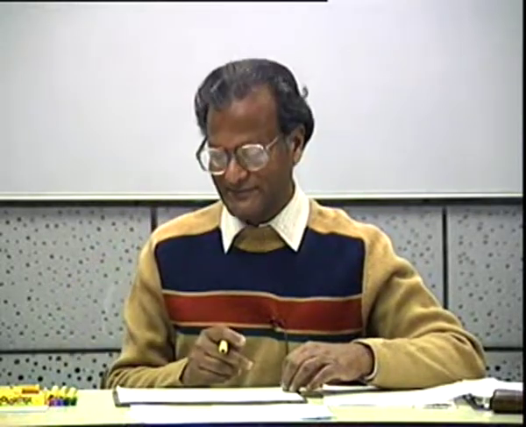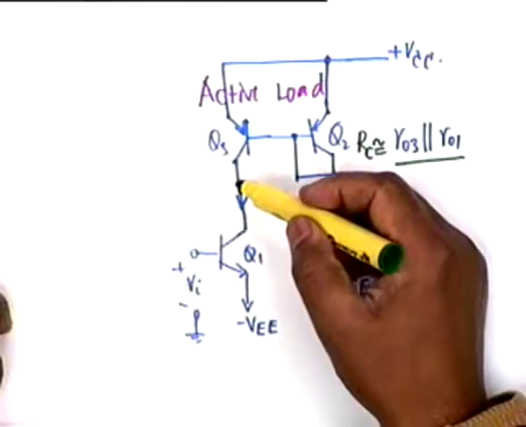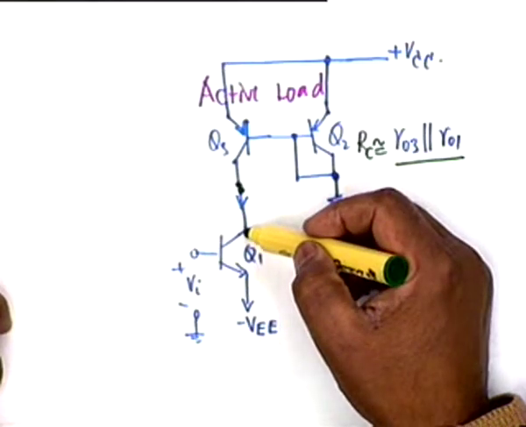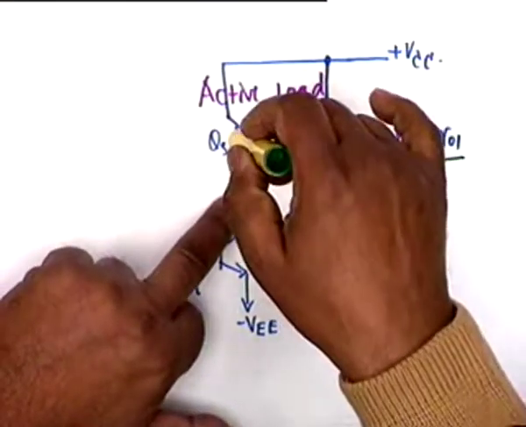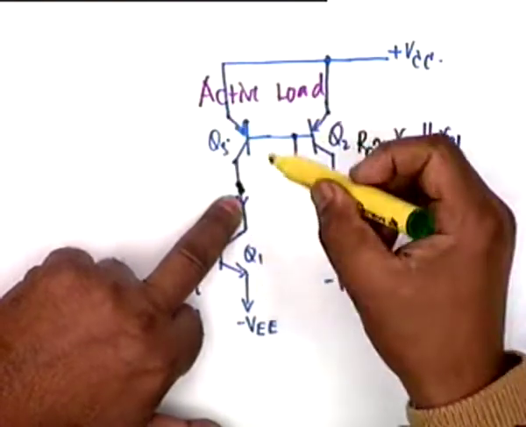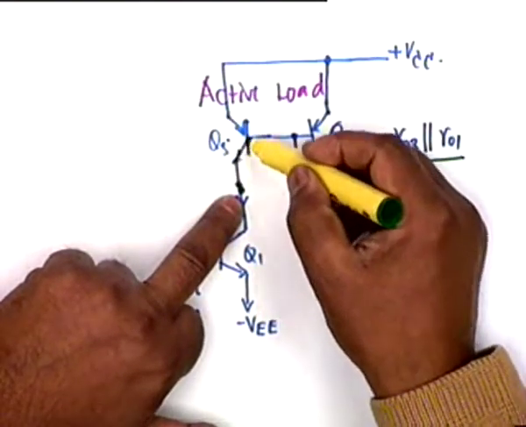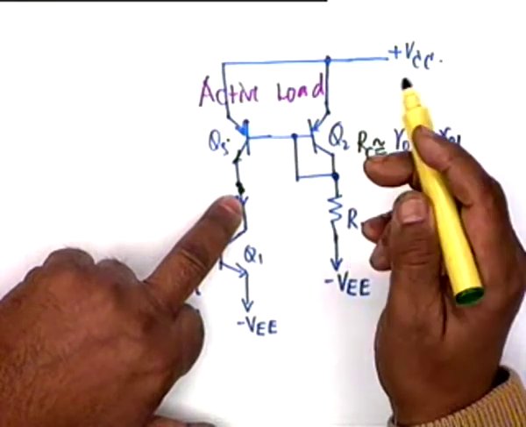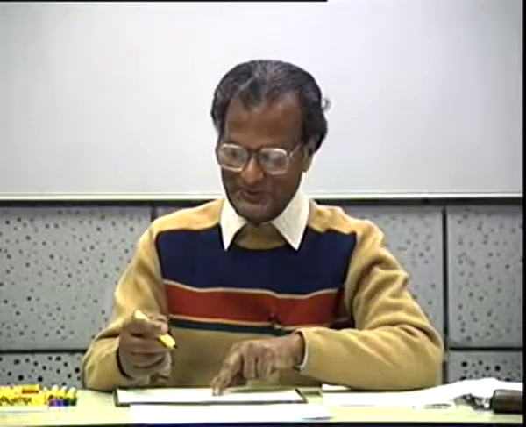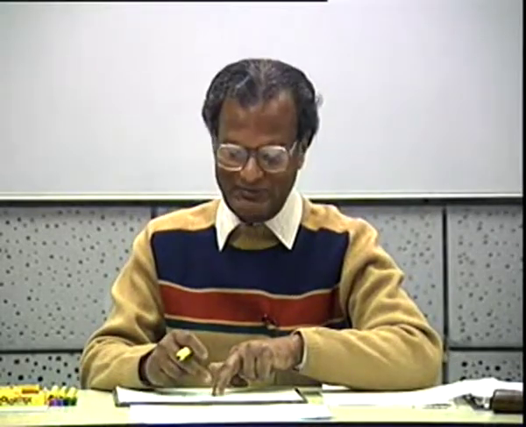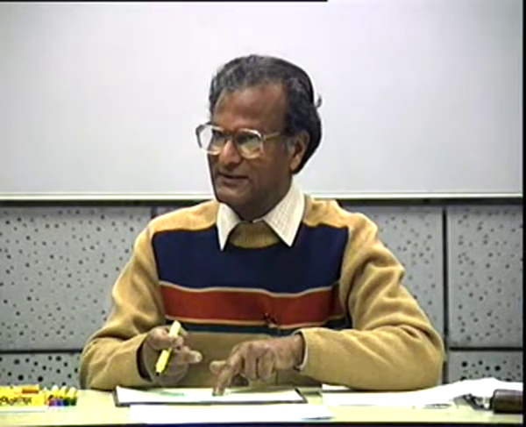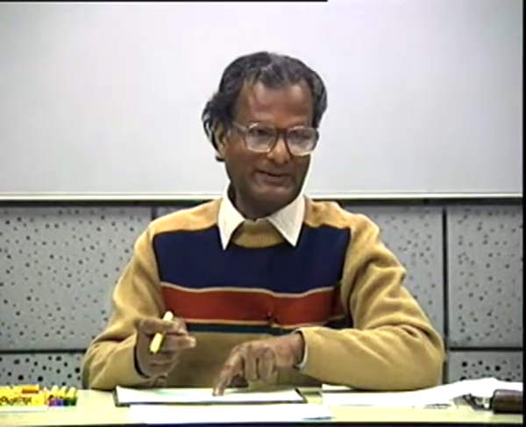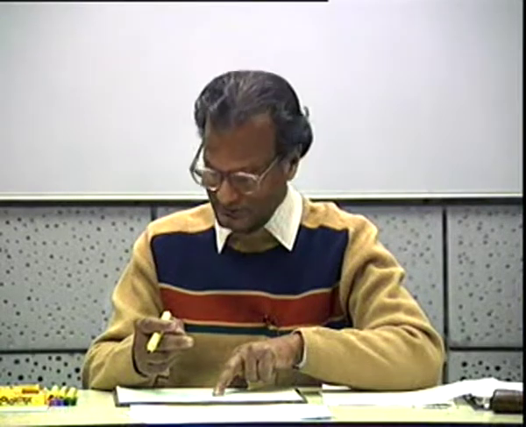Yes. So please explain again why PNP. Oh, why PNP? Because the collector current of Q1 has to flow like this, and since our main transistor would be here, Q3 collector must flow a current like this. And you can. Okay, good point. We can invert the collector, we can replace the collector by emitter and emitter by collector. There is a problem there. What is the problem?